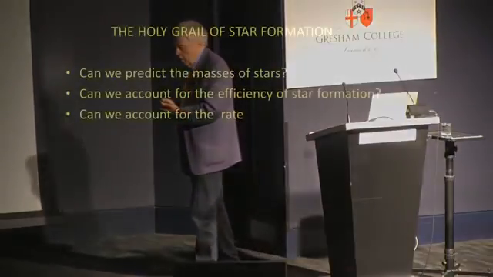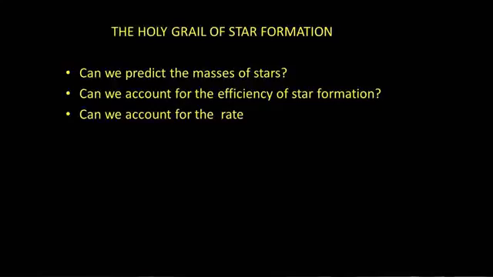And so what we try to do is, starting from first principles, the laws of gravity and so forth, can we actually predict what is the mass of a star? I mean, we know that the sun weighs 1 million times the mass of the Earth, which itself is many trillions of tons, etc. So can we predict why stars have whatever masses they do, which are enormous? I'll come to that in a moment. And can we understand why it is that some regions make stars, others make stars much more efficiently?